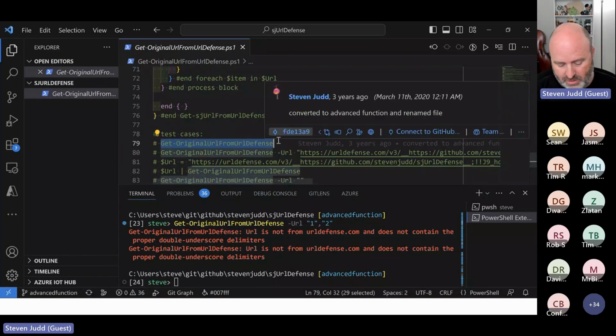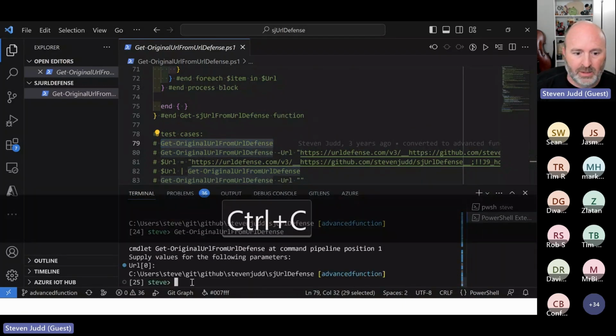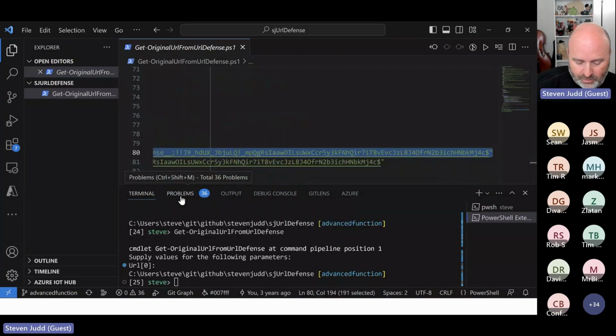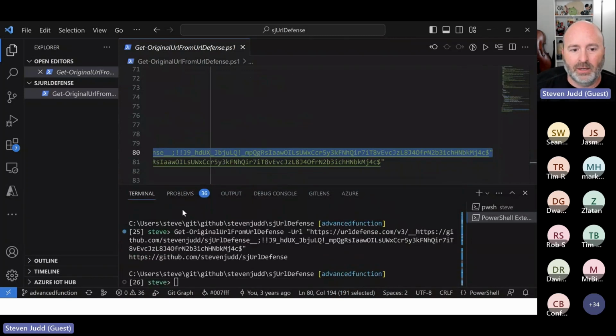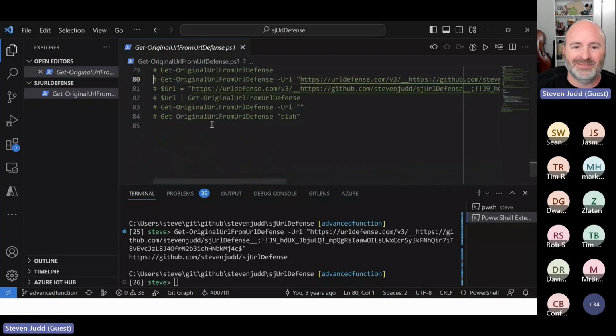Highlight, F8, run it. Yep, if you do that, since it's mandatory, it says, hey, you have to give me something. All right. So now I'm going to take the next one, which has the whole URL, and I get the URL. Does anyone need me to run through all of these? Here's what's interesting.